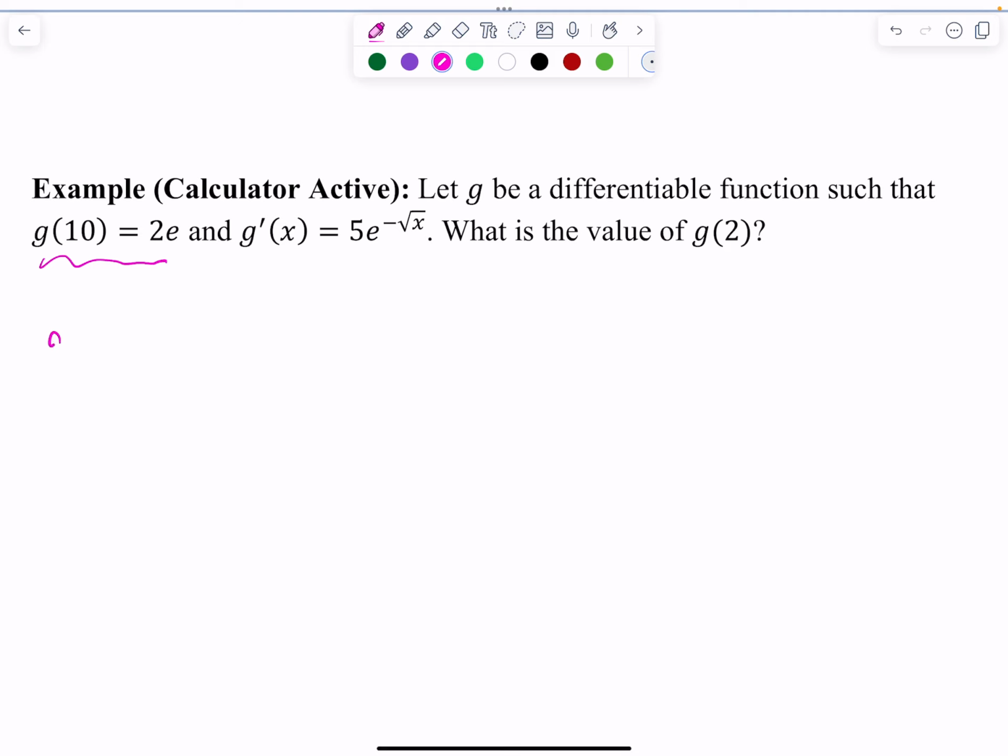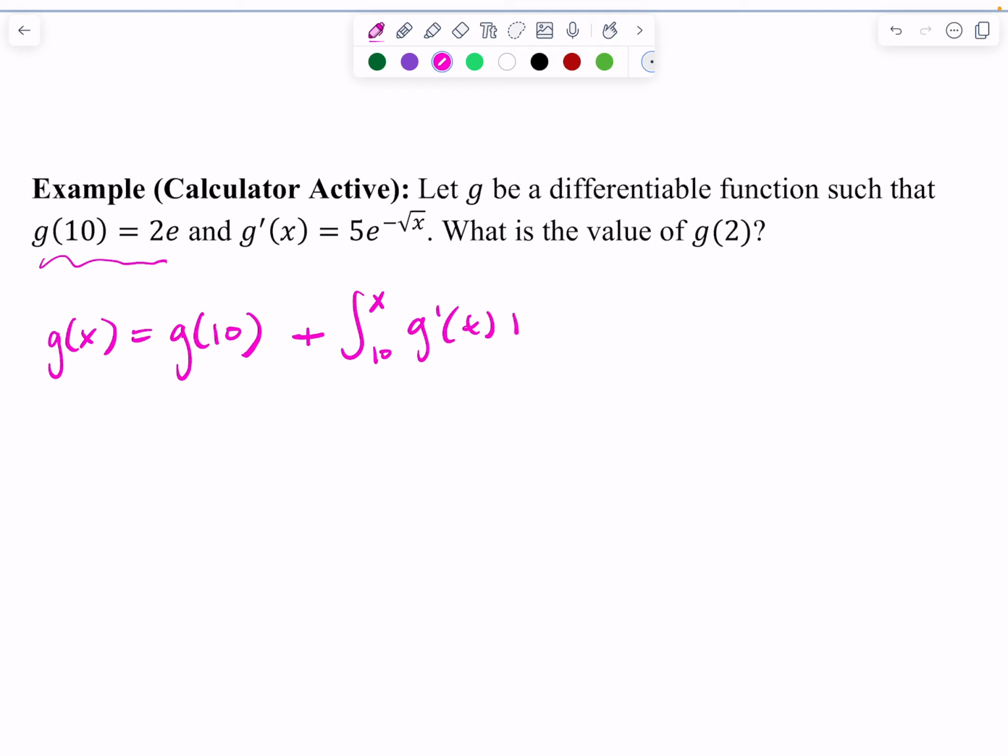Well, let's think about this. The function g of x, we would need to use that starting point of g of 10. And then we could add the integral from 10 to x of g prime of t. So then to find g of 2,